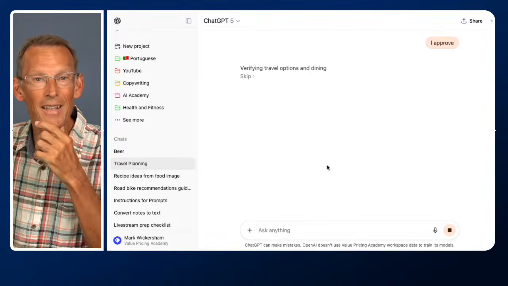Right, next idea. As it's thinking, I love it for health and fitness. Some of you know I'm a health and fitness freak. So what can we do with health and fitness? If you care about your health, there are lots of great things we can do. One of the things I've done is give ChatGPT my medical records. I got those when I came to Portugal, my entire history of medical records, and it's a file something like that thick. I've got them all as a series of PDF files, and I put them into ChatGPT. Now, I use a project for health and fitness.